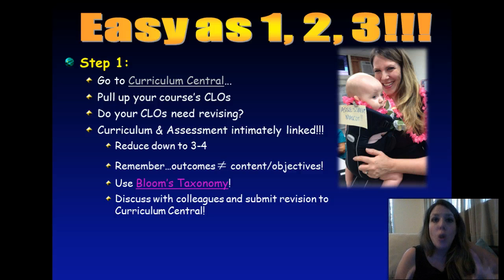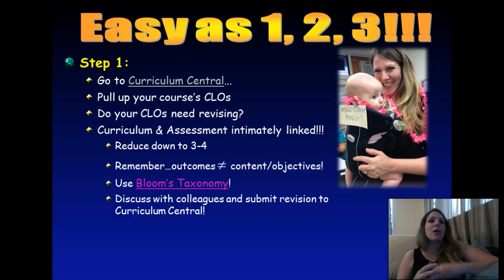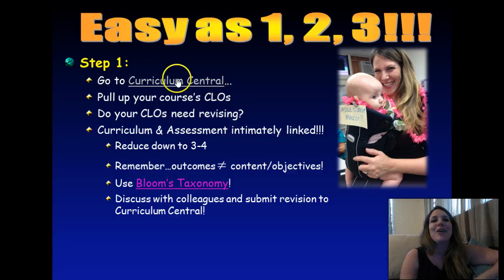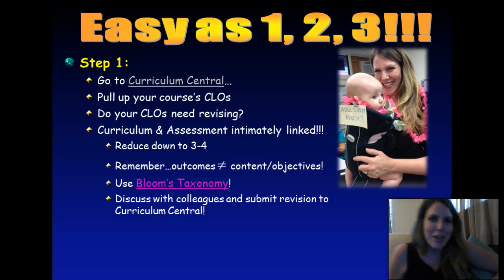There are forms called course outlines, and these are where any proposed course gets put onto forms, sent in through the process, and that course will either get approved, asked to be revised, or rejected. You can access the course learning outcomes for any course in the college, and in fact, any course in the University of Hawaii system, by going to this phenomenal website called Curriculum Central. So I'm going to show you how to go to Curriculum Central, pull up your course's course learning outcomes, and then we're going to do the next plunge.